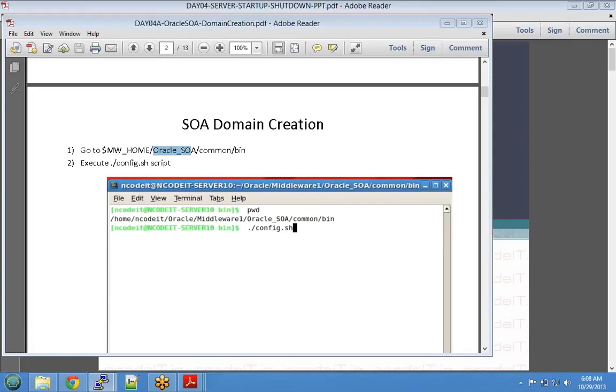All right. So just to show you that it will fail to console mode, the regular mode. See this one? It says unable to instantiate the GUI. It defaults to console. You can proceed with these steps, but as we move forward during the creation of JDBC, all that stuff, it gets a little complicated. So we're not going to use the console mode. Instead, we will try to use the GUI mode of WebLogic domain creation, and we're going to use it using X11 forwarding. So let's go to the location where we have our